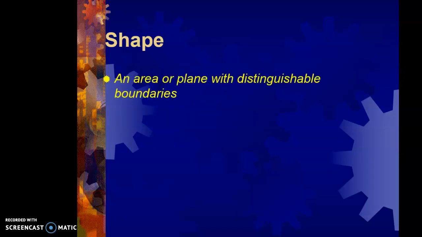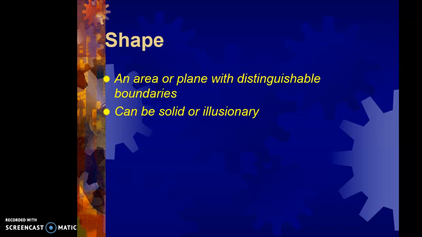Now shape. This is an area or plane with distinguishable boundaries. Now it can be solid or illusionary. So what do I mean by that? I mean if I draw on a white piece of paper a red ball or a circle, that red ball is the shape, but there's also the shape that is around it. That's that illusionary part. Sometimes if you had a grouping of shapes, that space in between, let's say a group of balls, the little triangles or whatever that is,